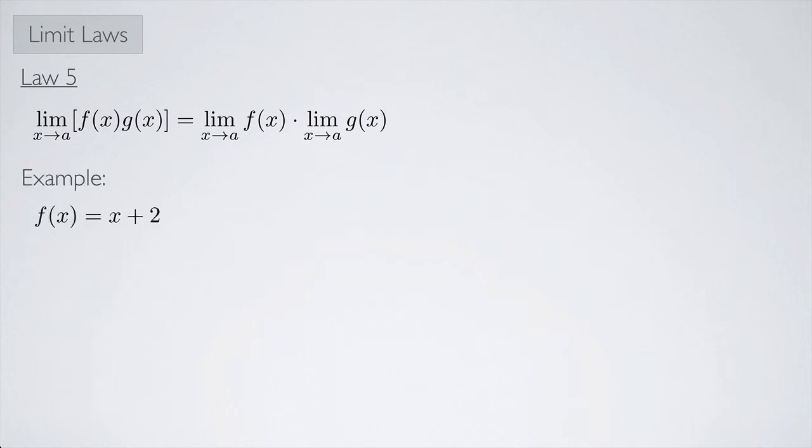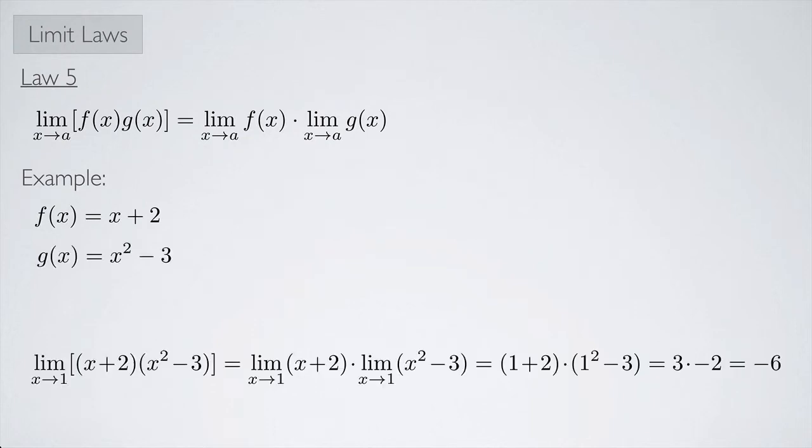For an example, let's choose f of x to be x plus 2 and g of x to be x squared minus 3, and you see the computation here. This time we're going to let x approach 1. And so the limit of these two things multiplied together, x plus 2 times x squared minus 3, should equal the limit as x approaches 1 of x plus 2 times the limit as x approaches 1 of x squared minus 3. And each of these individual limits do exist. So we get 1 plus 2 and 1 squared minus 3, which ends up being 3 times negative 2,